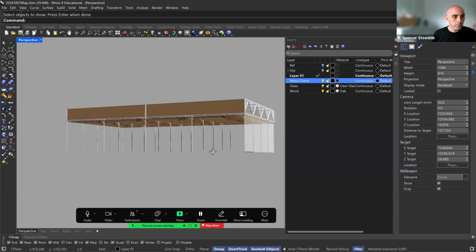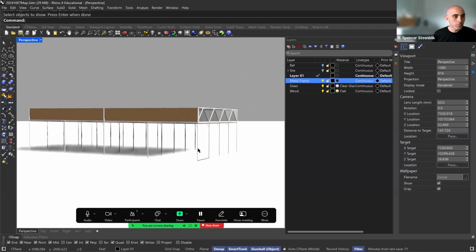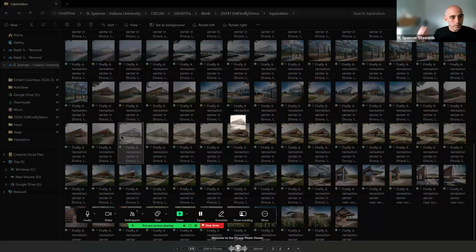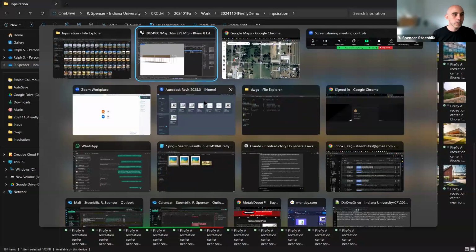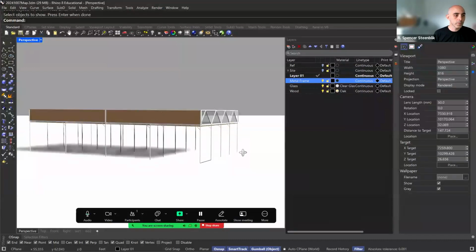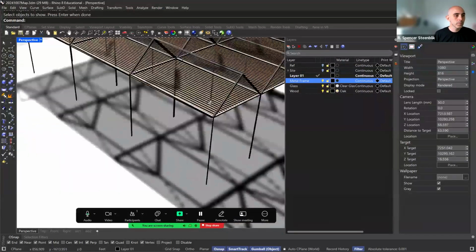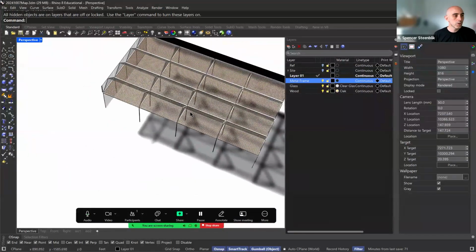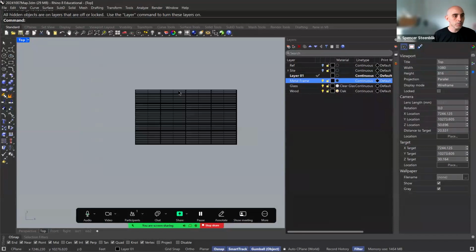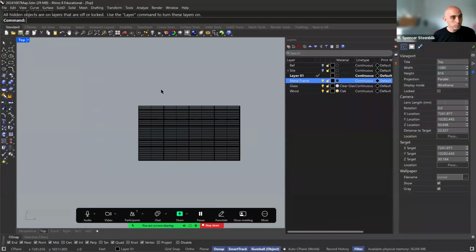So now we have that kind of structure that was based on this kind of idea here. The next question is, what is it exactly that happens beyond that? And that's something that I'm not exactly sure of, but I do know that we want, so if I look back at my top view, I think we have our references turned off. Okay, there we go. This wants to be